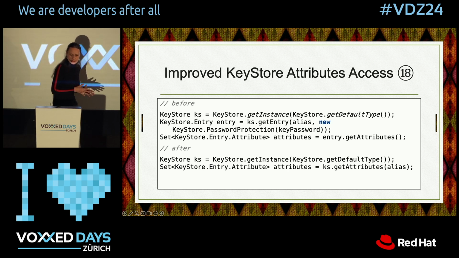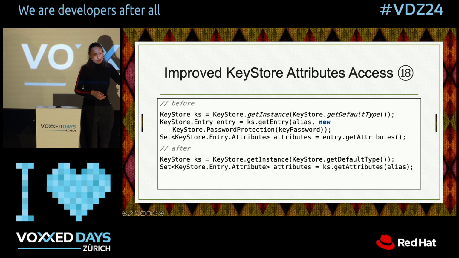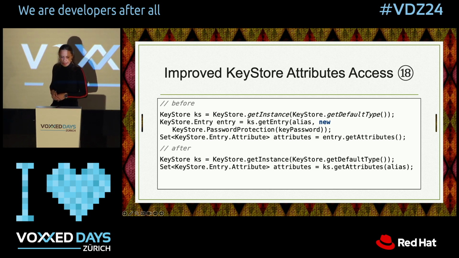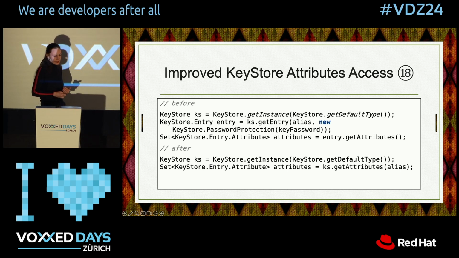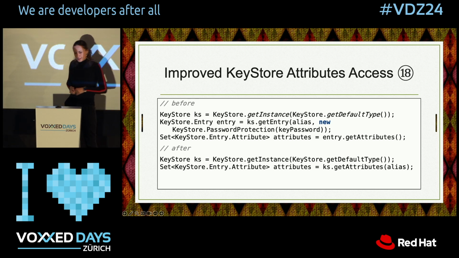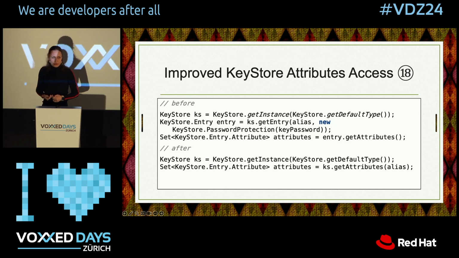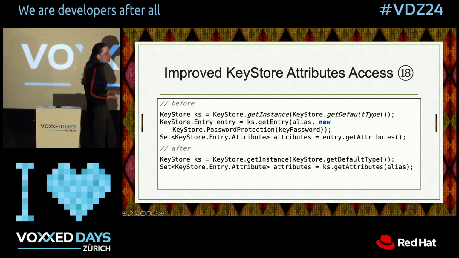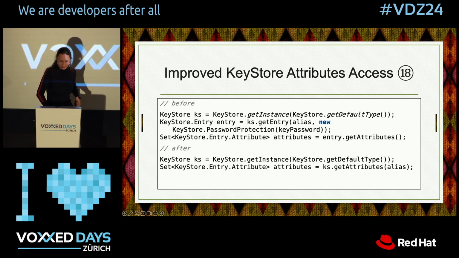So you are going to a key store, you have to get an entry for that one. Ideally, you know the password for the key store, you get an entry, and then you get access to the attributes of the key store based on that entry. Again, using an extra object just to get attributes of the key store. So, yeah,